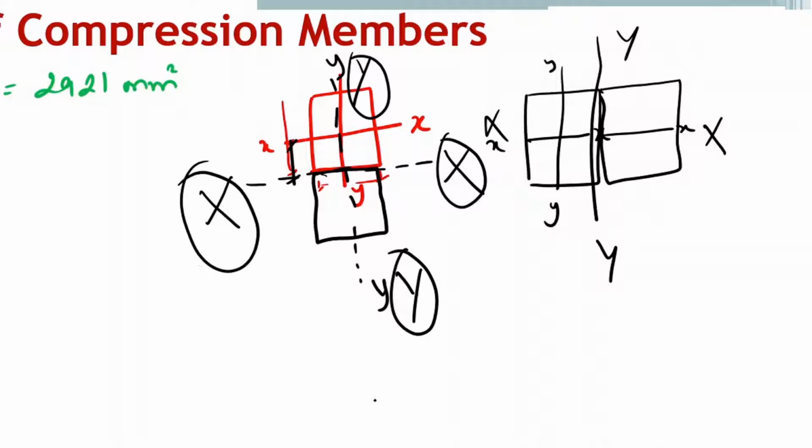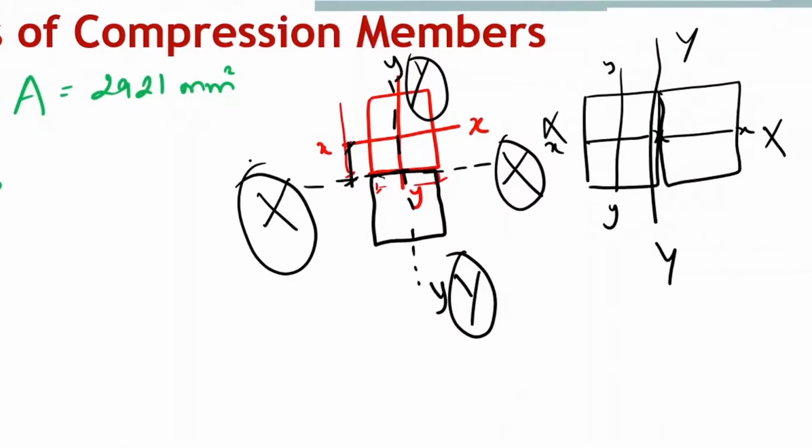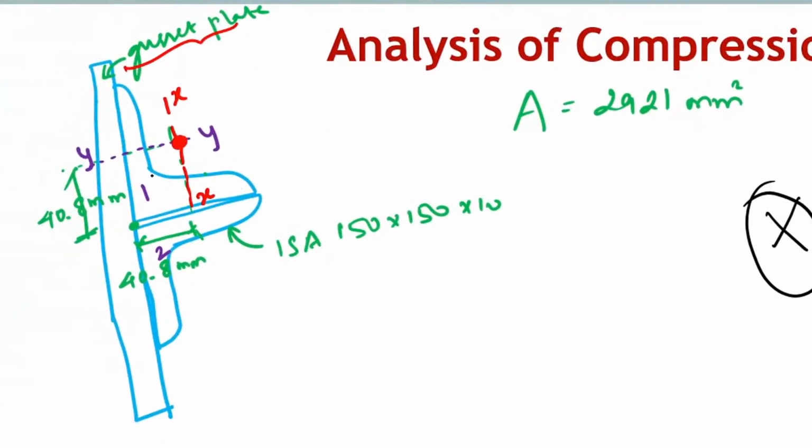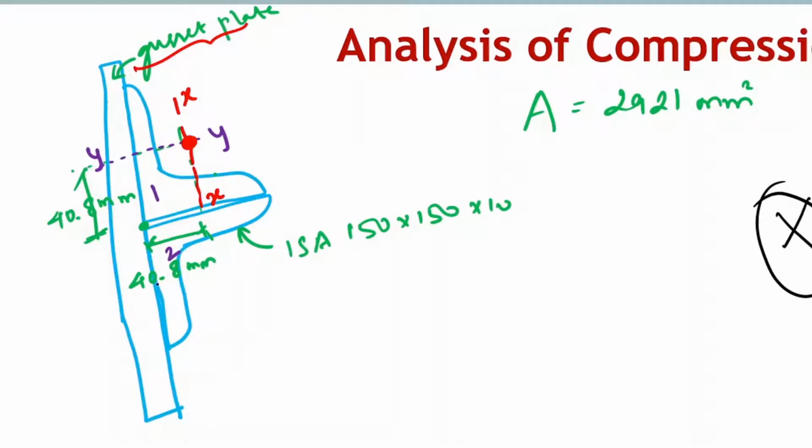Whatever the axis you want to shift, you can add along that axis. Similarly, we have the angle attached this way. So the YY axis has shifted now to this point. Now this is the axis YY. I am writing it in capital letters because it is the global axis. And X remains at the same place for both angles. So here I am writing it as capital XX, global moment of inertia.